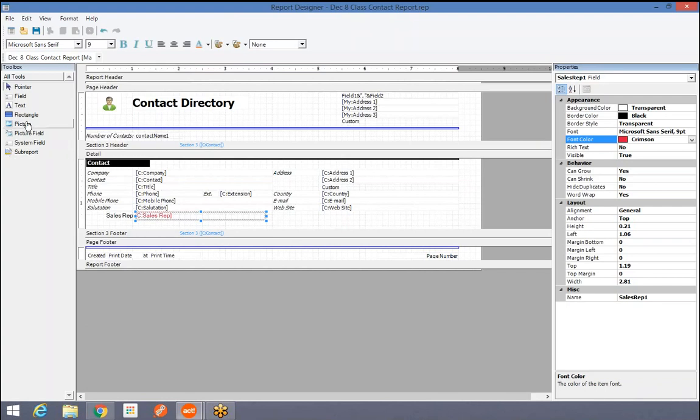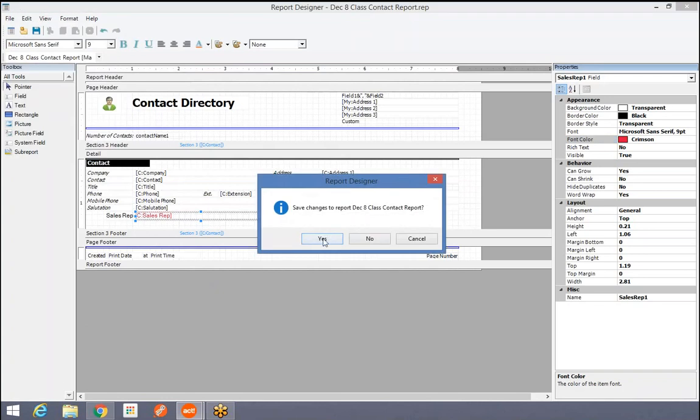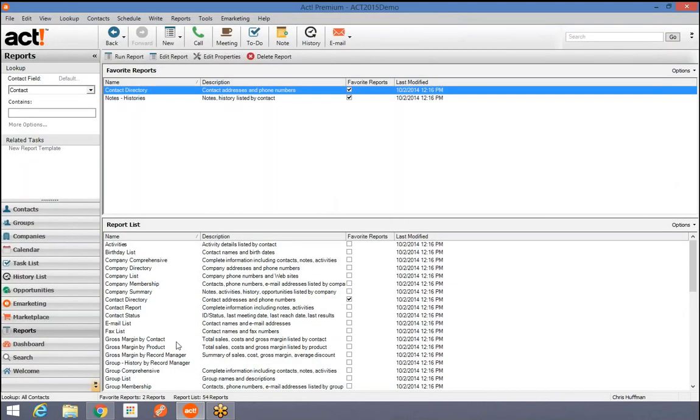There's things called sub-reports. You can insert pictures like this little picture. There's a lot to this, and I can't teach all this in a half hour. If you want a report written, we can do it for you, but there's a lot to this. So I'm going to exit the report designer, save my changes, and so now I have